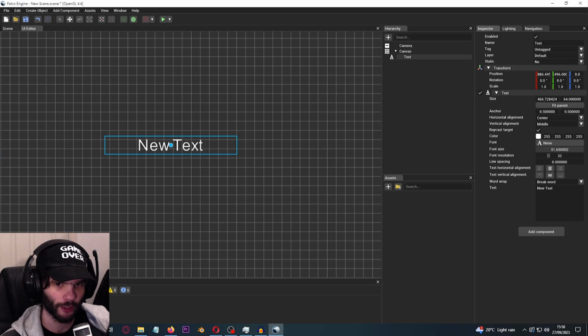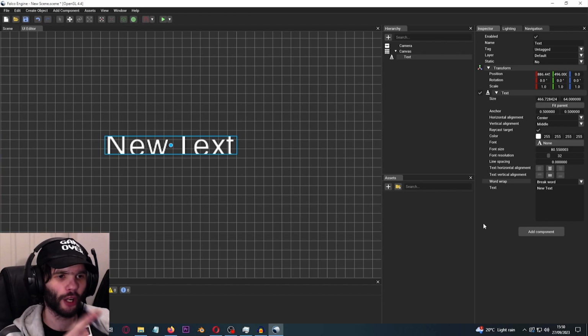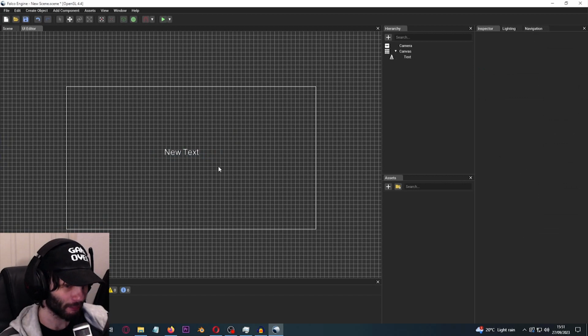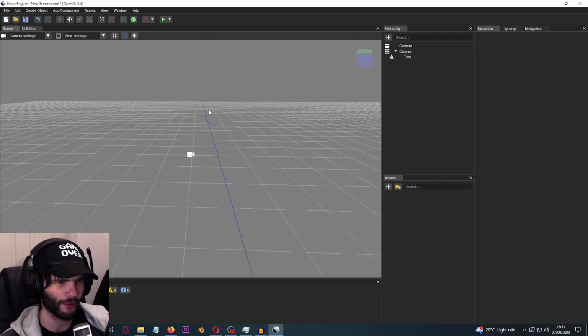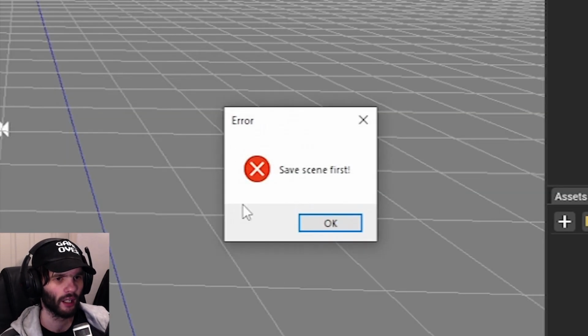So if I keep on going. Aha! Wait, what? Break word. Word wrap. Okay, so you can't have the text outside of the box, which, fair enough, I completely understand that. So now we have text on the screen, and it's pretty big actually. So I wonder how that's gonna look. Can I just play? Wait, right, okay,